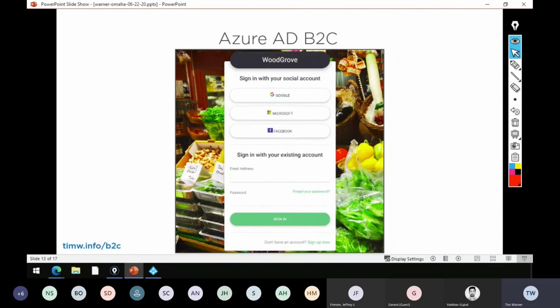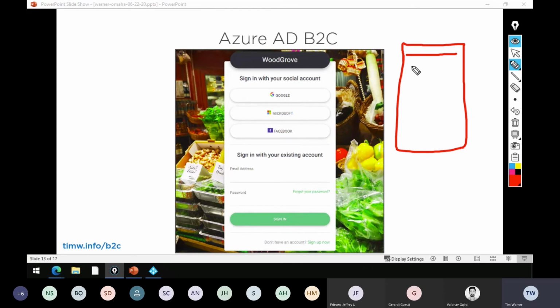Here's a representative screen from Azure AD B2C, business to consumer. It's showing A, the customized experience, and B, it's showing the identity federation. This is a big deal when you think about it. I mean, how many times have you gone to the iOS store or the Google Play Store and you've downloaded an app and you're really excited to use it, and in order to save state and do integrated purchases, etc., you have to create an account and you have to choose a username or type your full email, retype your email, choose a password.